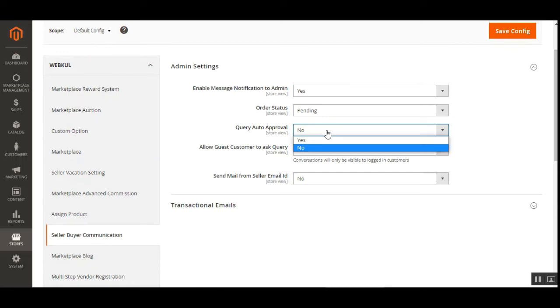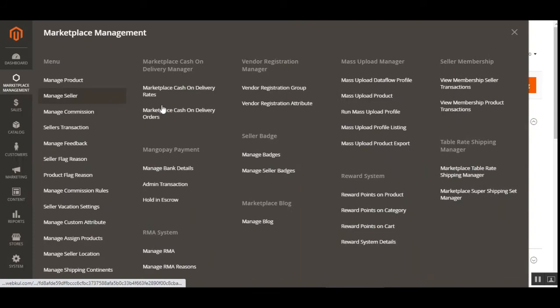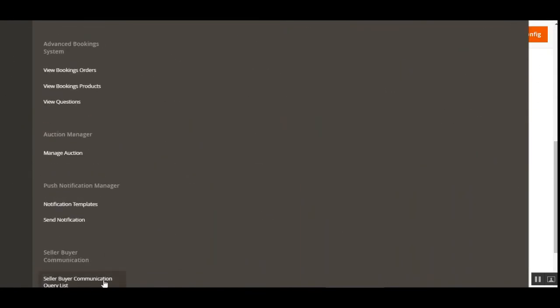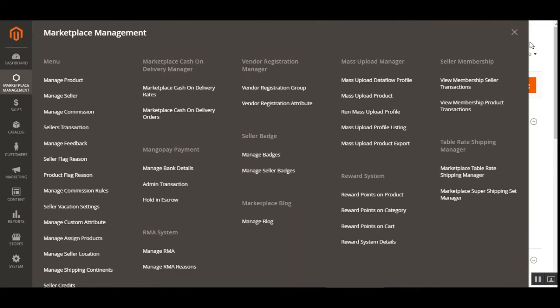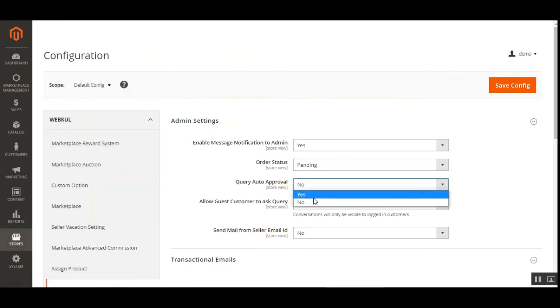Then we have the query auto approval. Do you want to auto approve? Then choose yes, otherwise no. And then the admin needs to navigate through this section, go to the seller buyer communication query list and approve the respective query. If you have chosen this as yes,